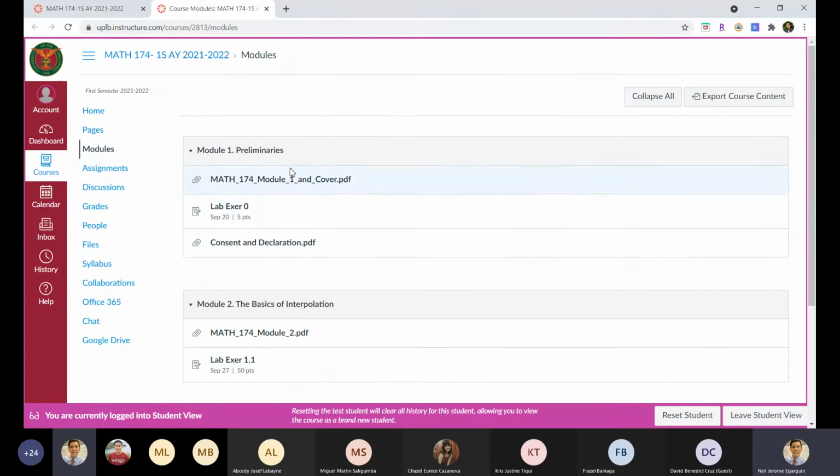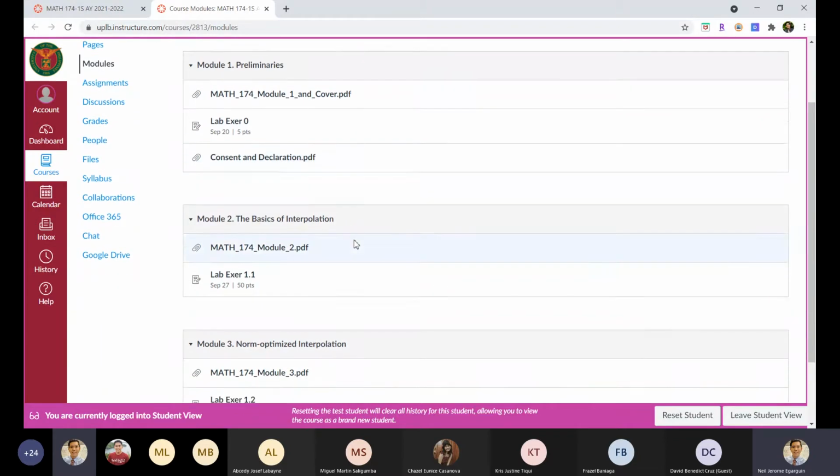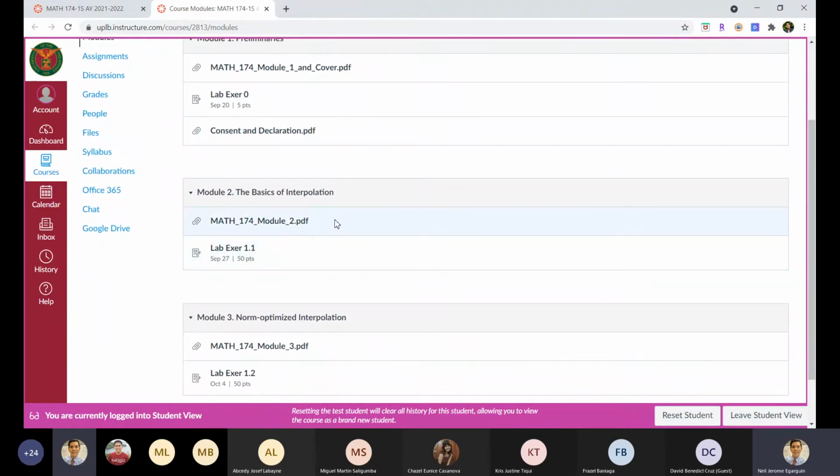Module 1 is for week 1, and these are the materials that you will need. You can download them en masse. Module 2 is what we'll do next week, and here is the material. Everything you need to read, plus references and notes, is there. Lab exercise 1 is also there. All right.